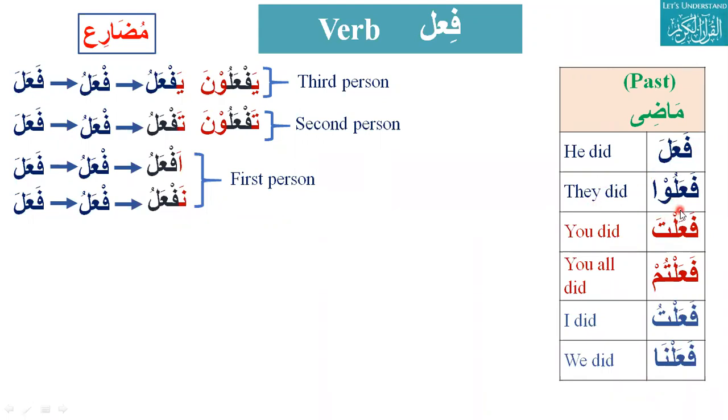And we have to recognize what the meaning of fa'ala is, what will be the meaning of fa'altum. It is one word, but it is changing its shape, and when it changes its shape, the meanings change. Fa'alta, you did. Fa'altu, I did. This is ta, this is tu. Otherwise the letters are the same, everything is the same, just the harakat, zabar and pesh, are different. This is zabar. Fa'alta, you did. Fa'altu, I did. So we have to practice it in order.